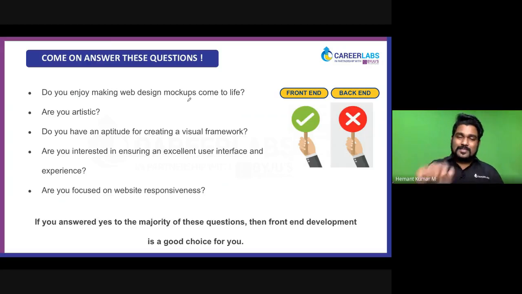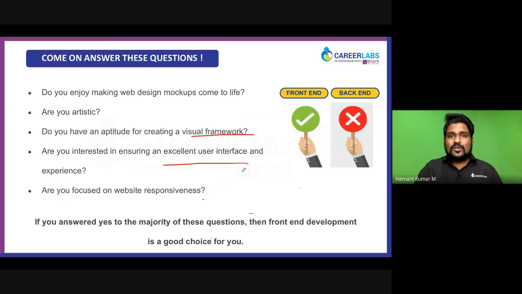You're able to designate a destination, drop, book, and then take the ride. Are you very artistic, right? For example, do you have an aptitude for visual framework? So are you interested in ensuring there's an excellent user interface, right? You're focused on giving very good responsiveness to the user, etc. So whenever you use an app, if you're consistently